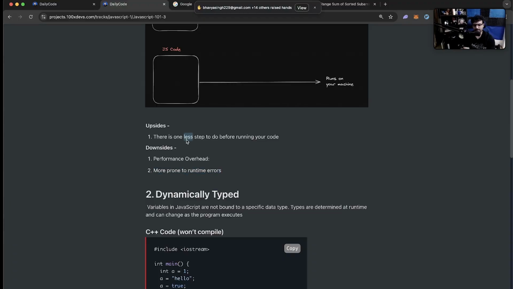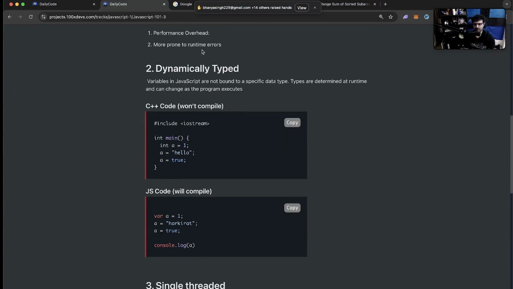All right. These are the upsides, these are the downsides. Does it matter? It doesn't matter. JavaScript is easier to write, which is why people write it. There are performance overheads, and people know it is slower. So unless you are writing an application where latency is of a lot of importance, you don't care. You write JavaScript code, and that is why it has become so popular, because it's easier to write, even though it leads to a lot of runtime errors. Companies don't care about runtime errors. And then eventually I've seen the common transition from JavaScript to either Golang or Rust when companies need memory safety or want to be faster.